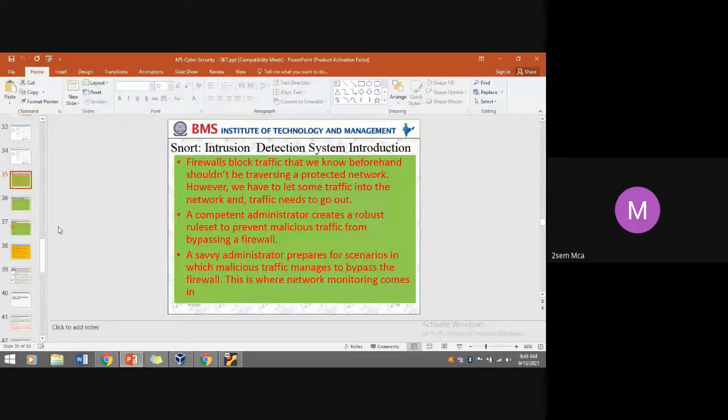Suppose there is always a possibility of hacking, even though sophisticated tools are implemented at the organizational level. The hackers, the malicious-minded persons, or we can call them attackers, are always trying to bypass the controls that have been implemented. They try to find the vulnerabilities, the entry points, and so on.